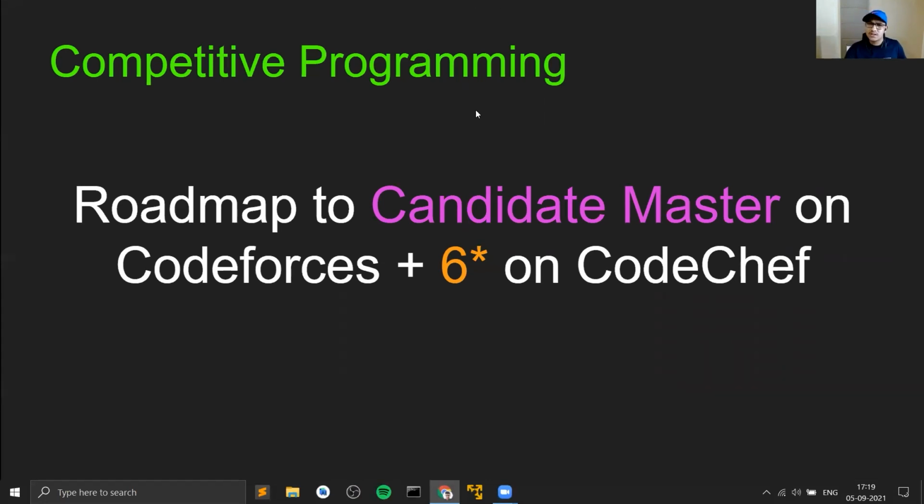So if you talk about this overall roadmap, that is how it is going to be. Most of it would be practice, keep on solving, learn new techniques. And just read the editorial. If you see that there is a certain technique that you don't know about, you need to learn about it,